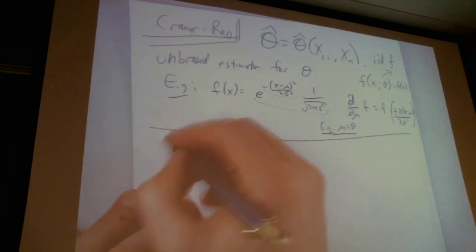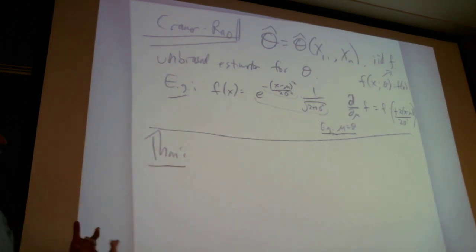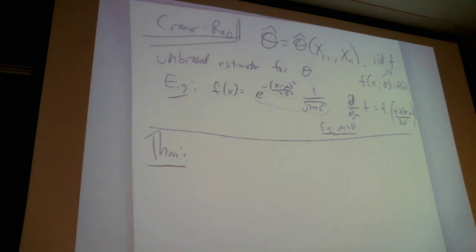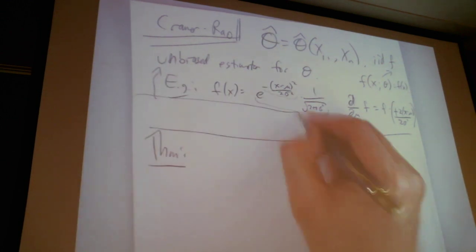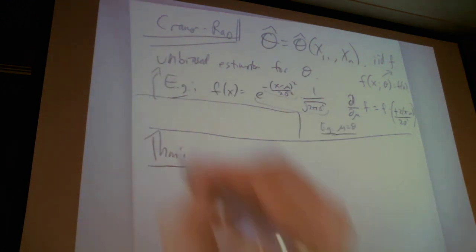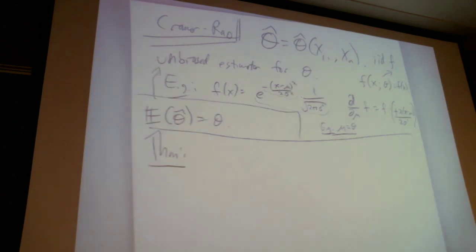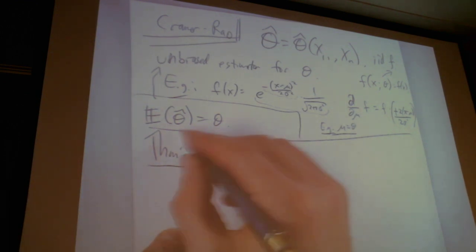So what's the theorem? The Cramér-Rao theorem is that the variance of such a thing has a lower bound. You cannot do better. What does it mean to be unbiased? It's that the expectation of this random variable is exactly the parameter on the nose, the parameter that we're trying to estimate. Okay, so the Cramér-Rao theorem is that